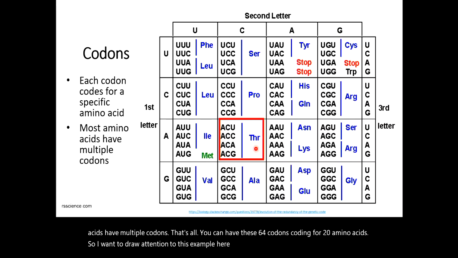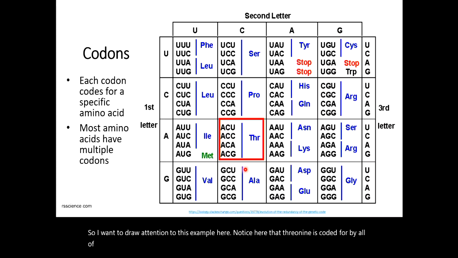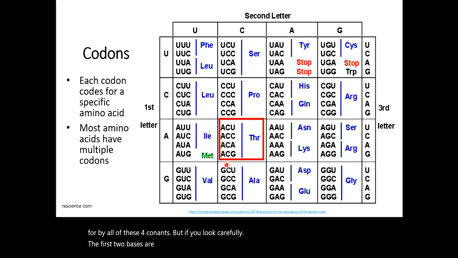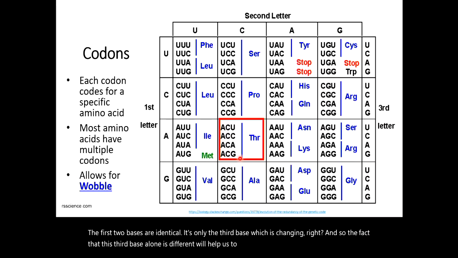Notice here that threonine is coded for by all of these 4 codons, but if you look carefully, the first 2 bases are identical, right? It's only the 3rd base which is changing, right? And so the fact that this 3rd base alone is different will help us to understand this concept of wobble